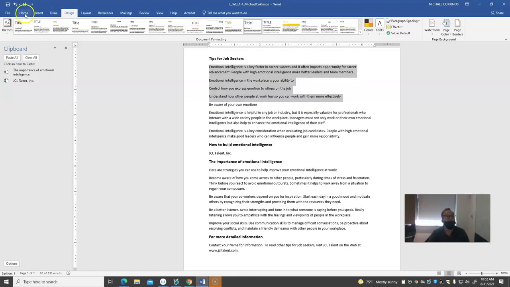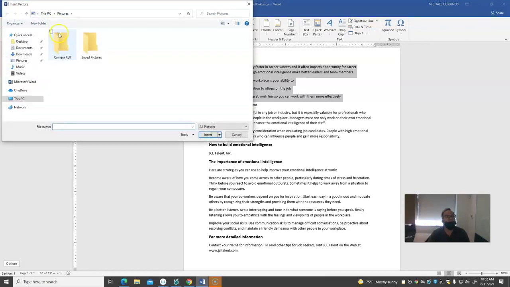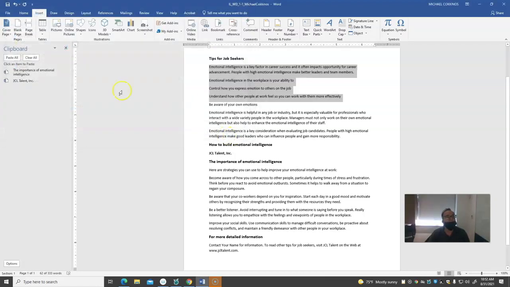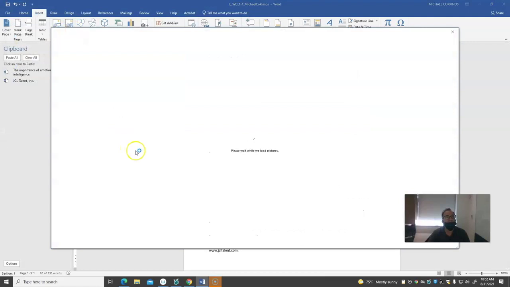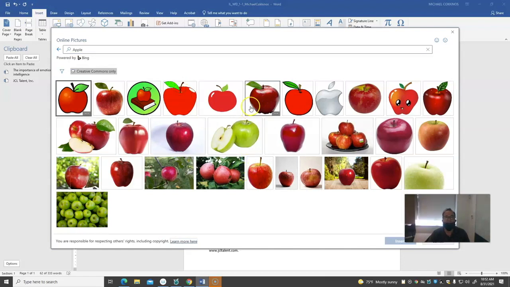If I want to insert something like a picture in the document, I can grab it here. Actually, I'm going to go to online. It's probably going to work better. I don't know if there are any pictures on this PC, so let's go to online pictures. It'll probably load Bing because it's Microsoft, and I like apples. So I hate clip art though, right? So let's go look for a real apple here